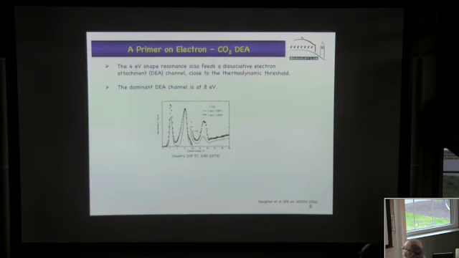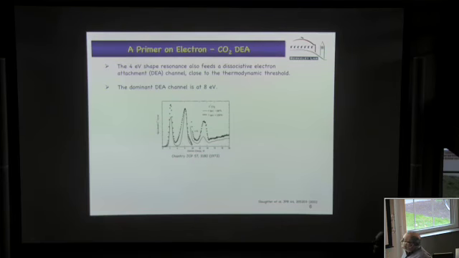Okay, now the second part of the story, and what really got us involved in this, is electron CO2 dissociative electron attachment. Now it turns out that the thermodynamic threshold for dissociative attachment in CO2 is 4 volts, which is precisely the energy where this doublet pi U shape resonance is. And so I think it's pretty clear that since there's no other negative ion resonances in the vicinity, it's the 4 eV shape resonance that also feeds this dissociative electron attachment channel. And as I'll show you in a minute, there's some problems understanding, even just coming to grips with, how that can be the case.